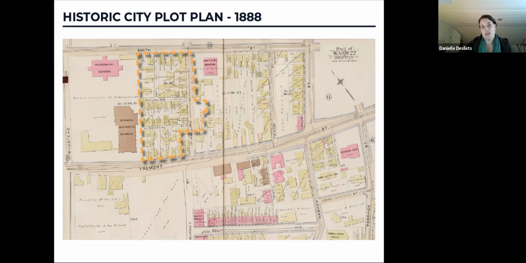So this plot plan, this is a historic plot plan from the city, goes back to 1888. Prior to this, just ahead of the mid-19th century, there was the Mission Catholic Church, which is why the Mission Hill neighborhood has the name it does, that was established in the 1860s.